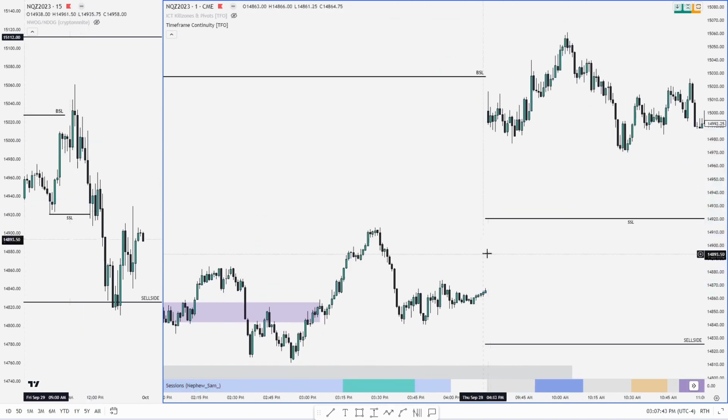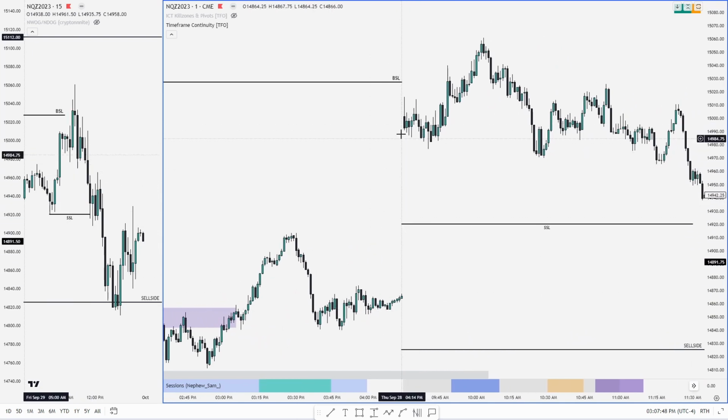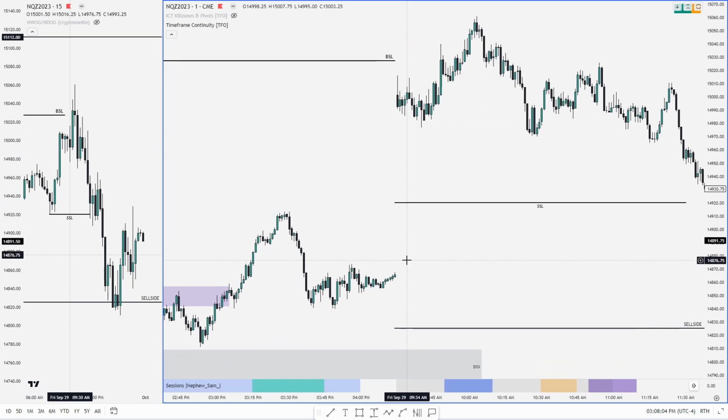And a lot of times you'll see this gap either left open for the AM session, or you will see a run down into 50% and then either a respect off of that level or a continuation to fully close the gap. So this is another thing you want to have outlined on your chart. It's also a good thing to know that this gap won't always form. Sometimes you'll have a clean opening just from the previous day close, so there won't be a huge gap to use,